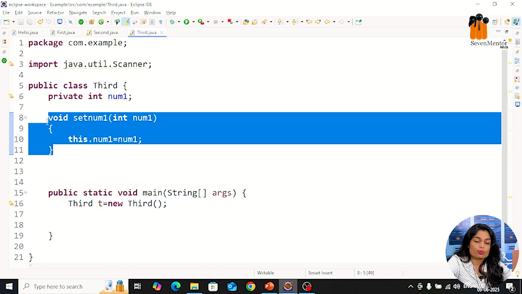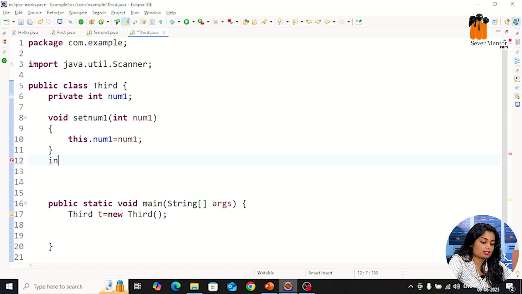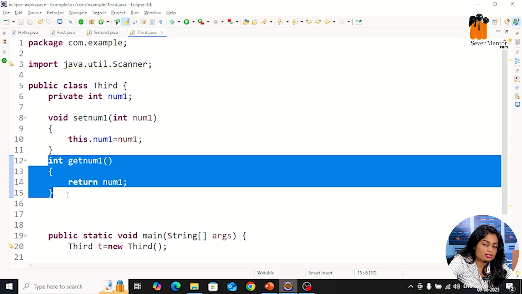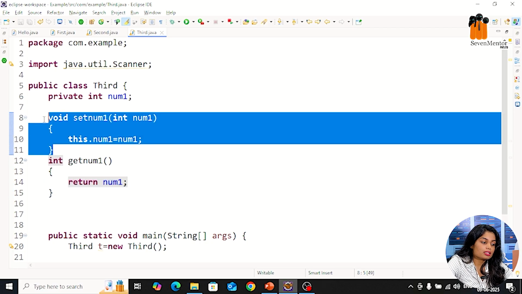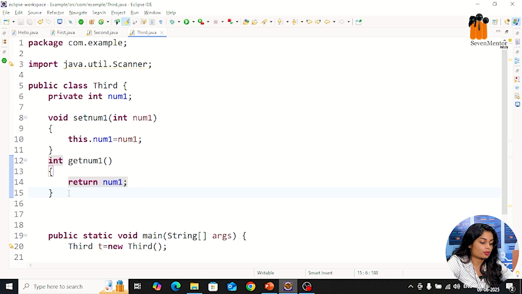So now we have a value in num1 because of this set method, and then I want to access it. This method is for the integer. Always remember, a setter method has the parameter, and a getter method will have the return type. So the setter method has the parameter num1, and the getter method will return that value. So I am using int. Then I am going to use getNum1. This is my method, and then open the brackets and just return the number. So this is the setter method, and this is the getter method. The setter method will set the value for that particular variable, and the getter method will access the value for that particular variable.